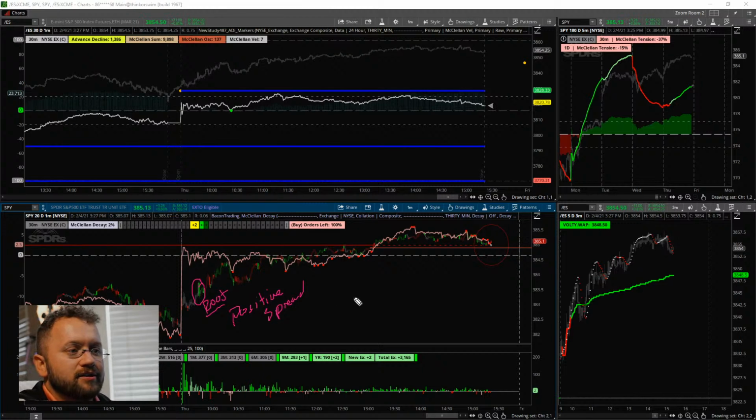A positive spread is where you have a long position and you own a put. You are long a put, and the premium, so it's the strike minus the premium.